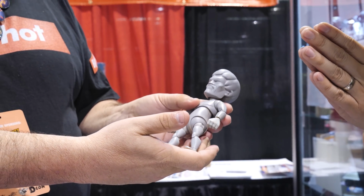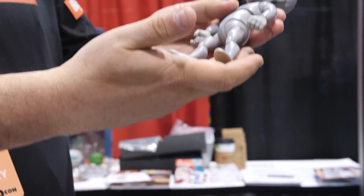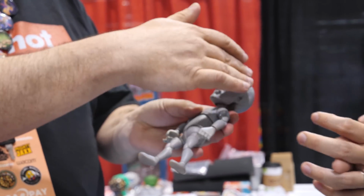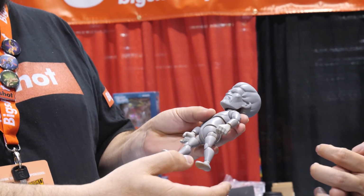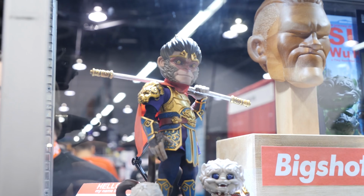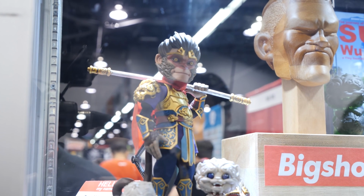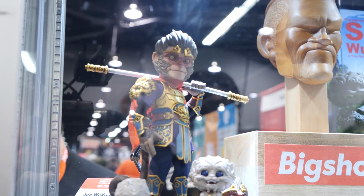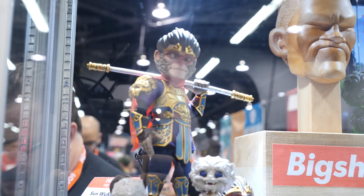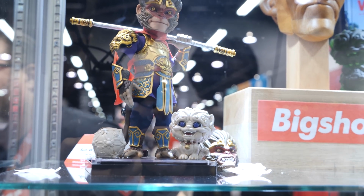We're going to make some of the files available free of charge as a download. So you can buy the figure, and then you can 3D print your own parts, like elbows and a new head, make the legs a little longer, and just essentially make your own character. We're talking to a couple of folks who have 3D printing services that are in color, so you'd be able to actually print your own head in full color, just mounted on a body that we'll provide, maybe with some clothing that we'll be selling in limited